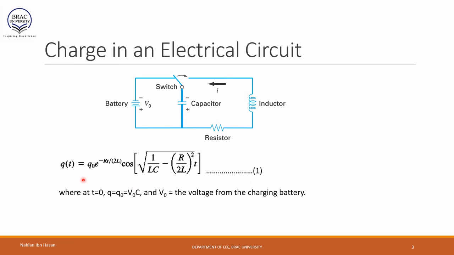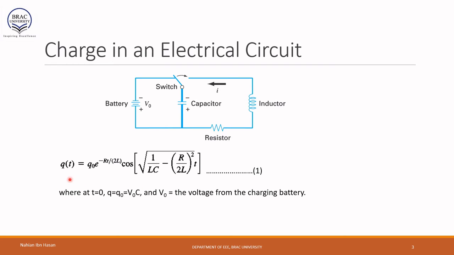Look at this equation. In this equation, the charge with respect to time is denoted here. That means whenever the switch changes its position to the right, then as time goes on, the charge within the circuit will change its value. It's a time dependent parameter, because some of that charge will dissipate through the resistor R, and the rest of the charge will move on to the circuit. So that's the main equation of our interest.